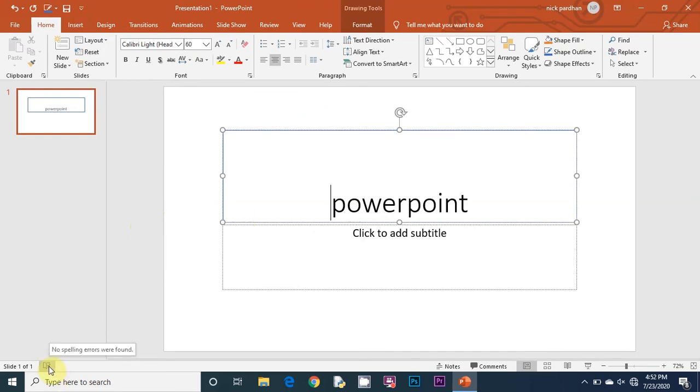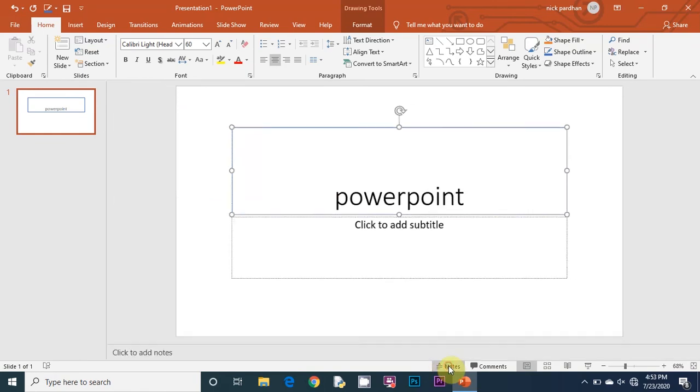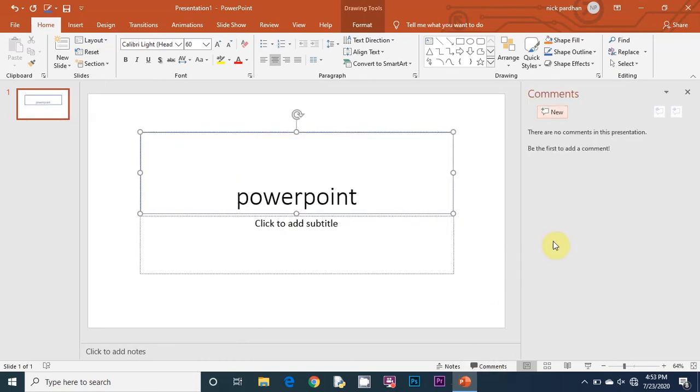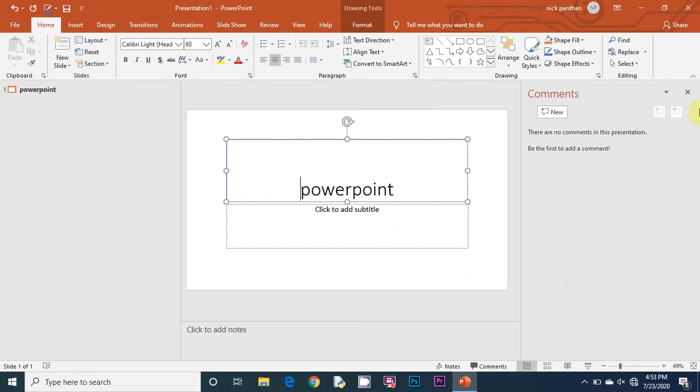This option is spelling check. This option will help you find errors. This is the slide number, it shows which slide you are on now. Notes: if you are presenting a slideshow in a meeting, you can make your notes here. They will not be visible in the slideshow. You can also add comments. If some employee of your company gives you a PowerPoint slide and you want some edits, you make comments and send it back. We will discuss it later.